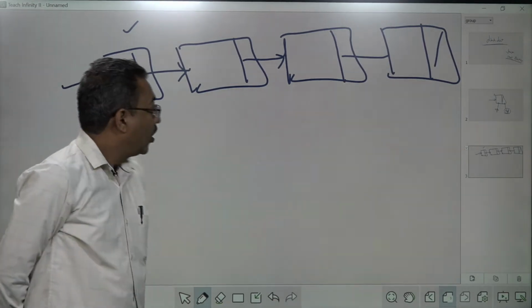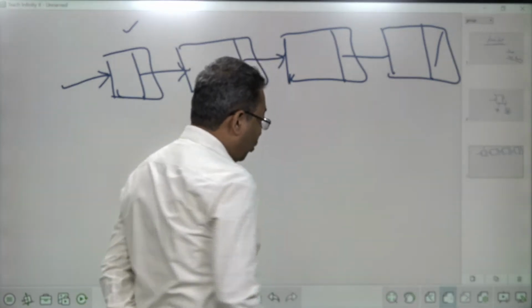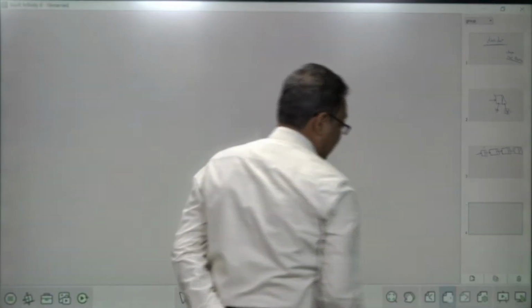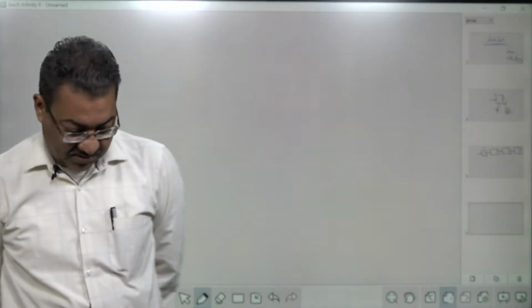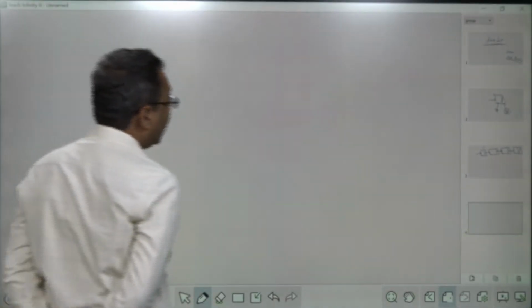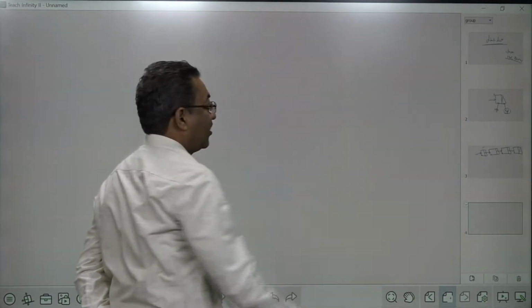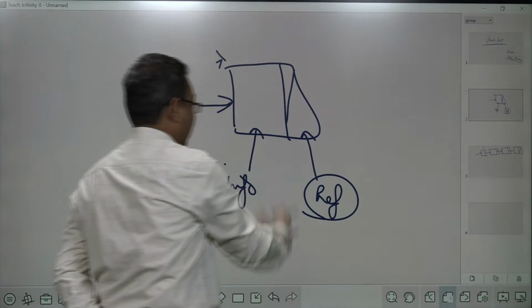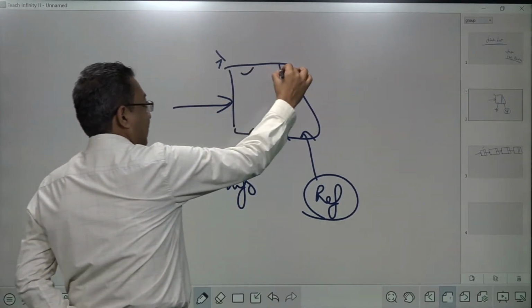Now if I say I want to create a linked list, then what do I need? I need something that gives me the view of the functionality of this. So it contains two parts. One is this, another is this.